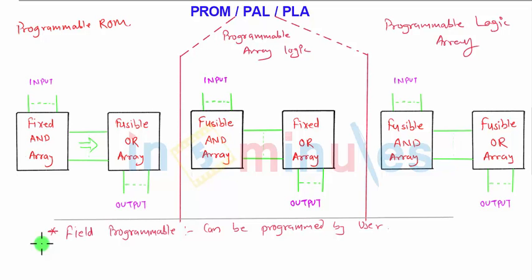They are called as field programmable logic array, and they are written in this manner. Let's say an example 14 by 32 by 6, and this will be called as FPLA, that is the field programmable logic array. And 14 is nothing but the inputs. 14 inputs will be there, 32 ANDs will be there, and 6 ORs will be there, and this is called as field programmable logic array.